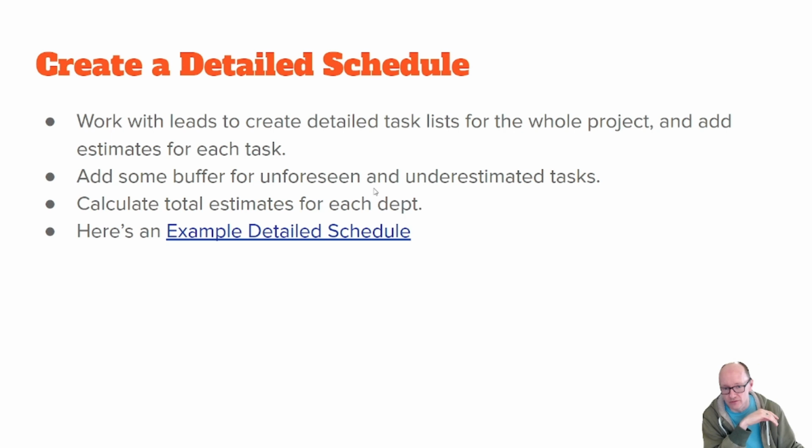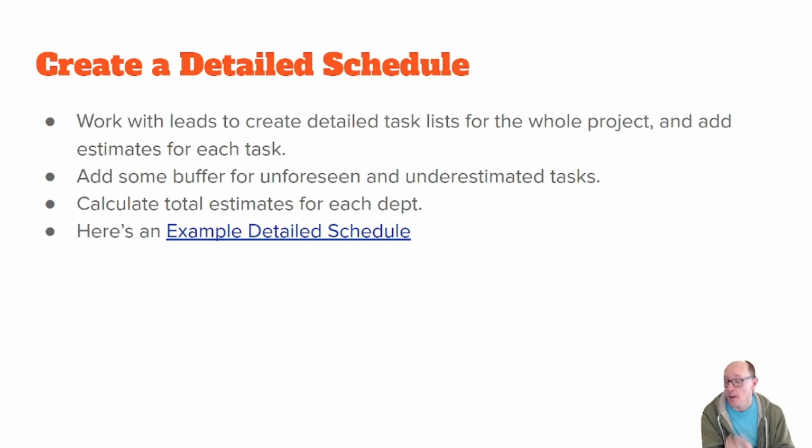I just want to go over unforeseen and underestimated tasks. Unforeseen tasks, things you just forgot about. Let's say the game's meant to have achievements and you just totally forgot about it. The designer didn't put it in the GDD, the programmer didn't catch that, and it's not mentioned in the TDD, it's not in the schedule, but halfway through development you're like, oh wait, we need achievements. So that's an unforeseen task. And that's kind of a big one, but you can also get small ones as well.